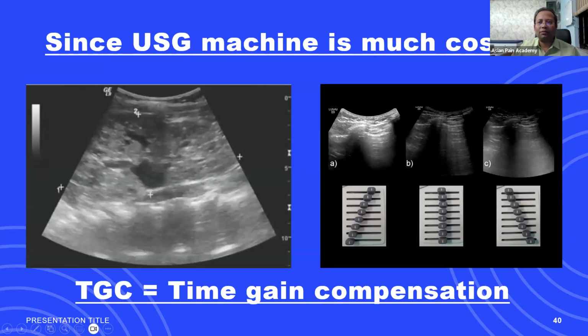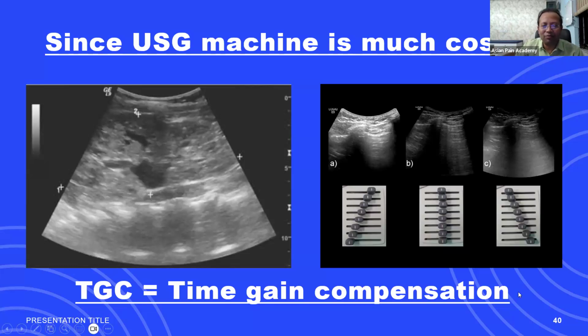Now, another function is TGC. Another ultrasound machine function is TGC. What is the TGC? As you understand, our ultrasound machine is much costlier than a black and white TV, so it has some additional functions. Earlier I told you that gain is like a brightness button; you increase the gain and the whole picture becomes white. But if you want to increase the brightness at some particular level, then you need this TGC